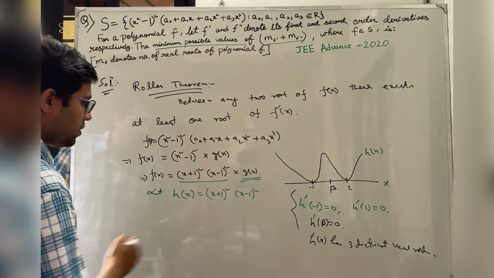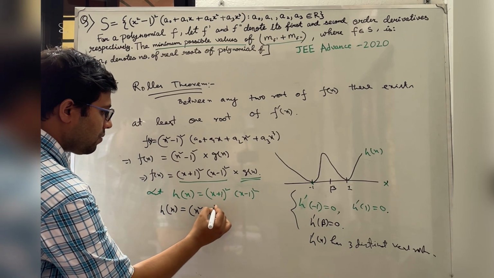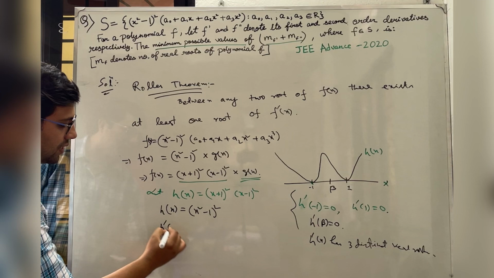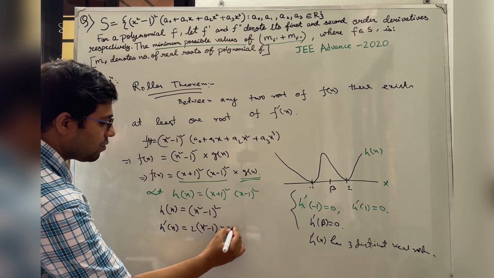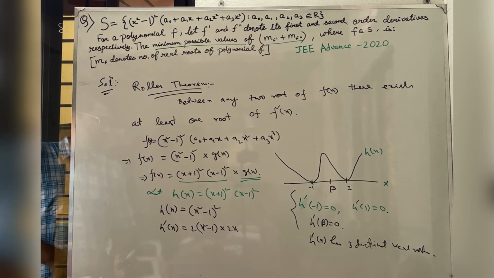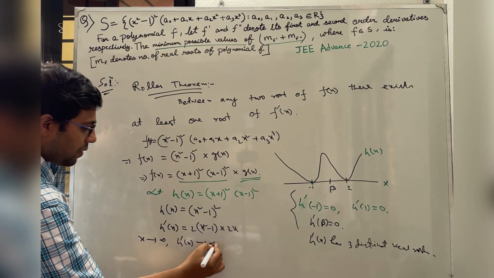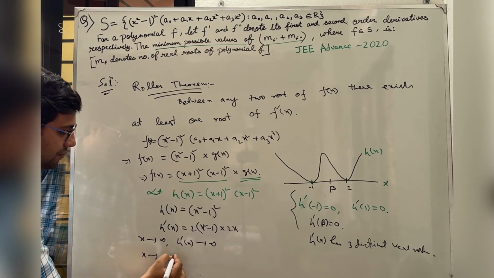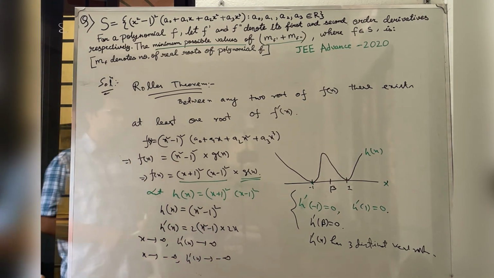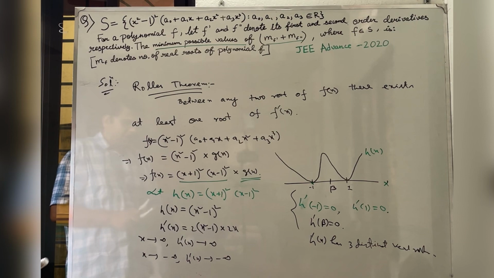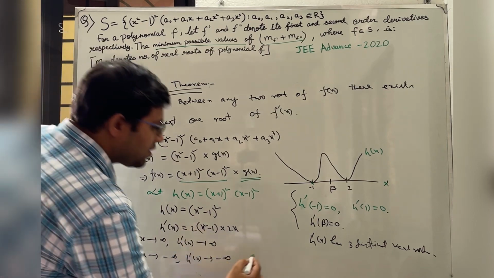Now, h(x) is of the form x square minus 1 whole square. So h dash x equals 2 into x square minus 1 into 2x. As x tends to plus infinity, h dash x tends to plus infinity, and as x tends to minus infinity, h dash x tends to minus infinity. So the graph of h dash x will look like this, because we already know that h dash x has three distinct real roots,